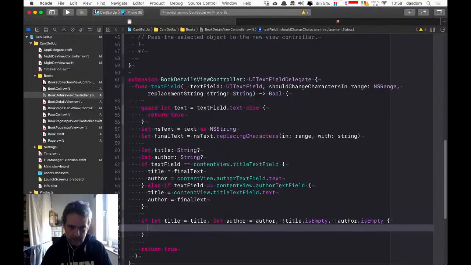In this case, we want to activate the save button. Is enabled equals to true,